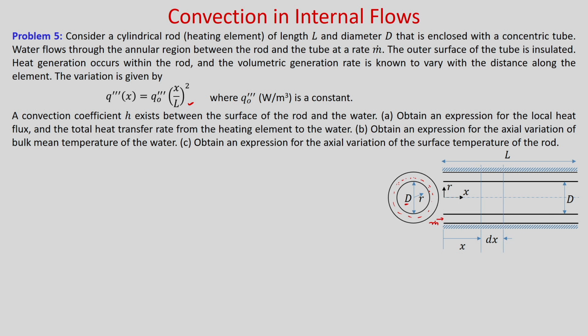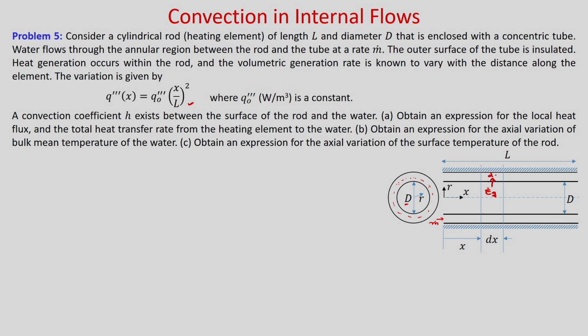So, you can see this is the space through which your fluid is flowing. Okay. So, obviously, you can see that if at a distance x, if you take a dx length, in this volume whatever heat is generated from this surface at a steady state, whatever it is leaving this surface, that is actually taken by the fluid. So, that energy balance we can do. So, you can see it will be just E dot G, whatever is heat generated.